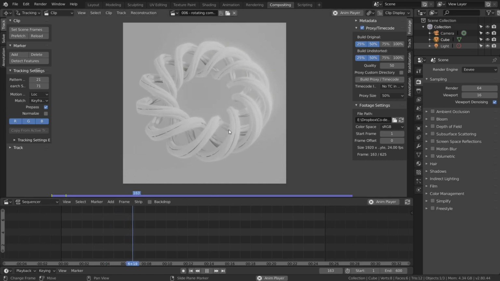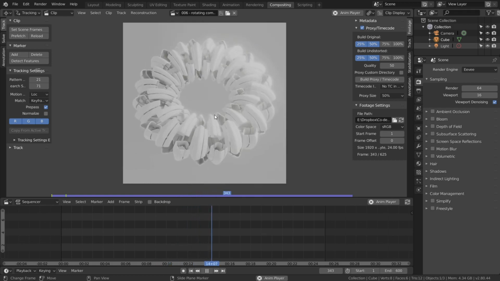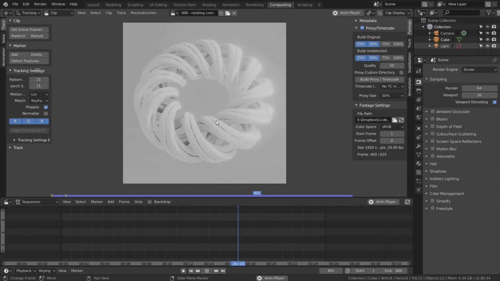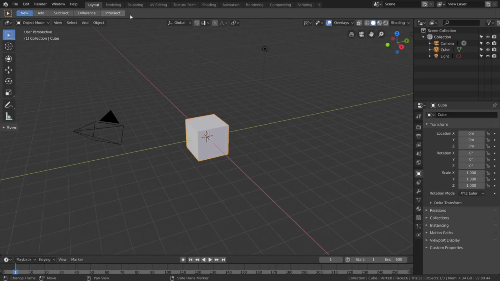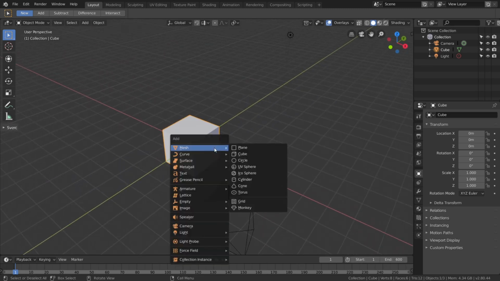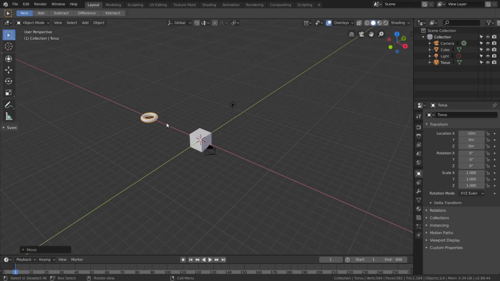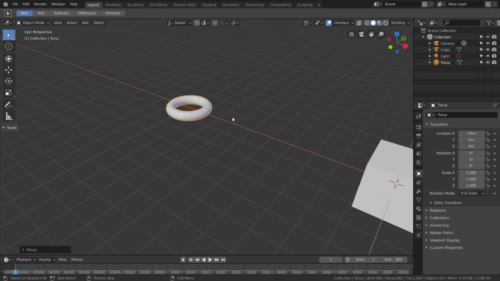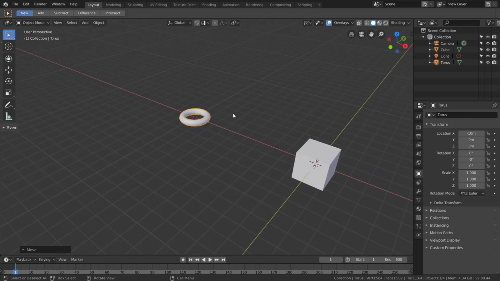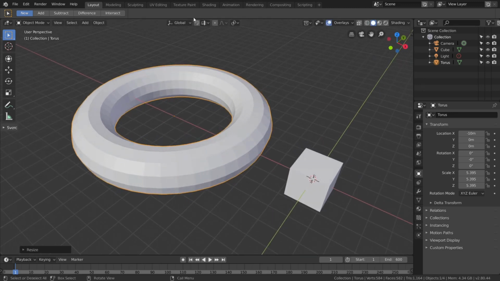So let's start obviously from a default torus that we can use in order to make the general shape, the base object that we want to use in our tessellation. So let's move to layout, and we can keep the cube, but let's add a new object. It is a torus, and this torus can be moved here. For example, I want to make it bigger. So we can scale it like this,